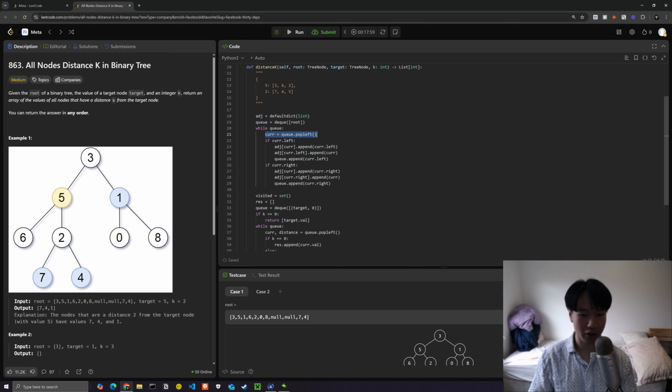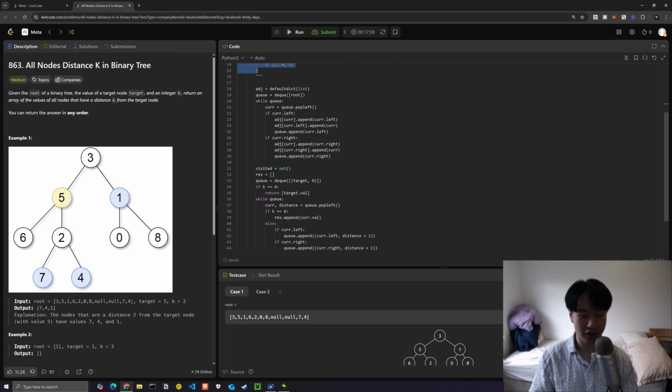every single element, you're going to be adding to the current elements in the queue. So if there is a current left value, then you connect it and append it to the left. And if there is a right value, you connect it and append it to the right. I think this part looks fine. At the very end, you'll have the adjacency list, and afterwards, you're going to create